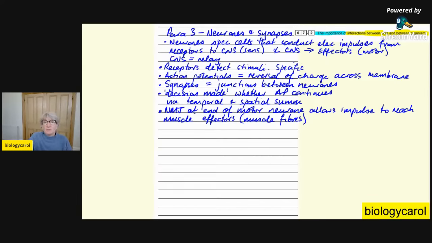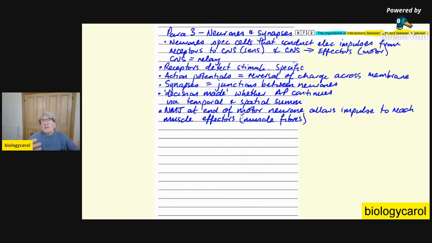Receptors detect stimuli. They are specific for each stimulus. And action potentials are how nerves conduct the electrical impulses down the neuron, and these are a reversal of charge across the membrane. Synapses are junctions between neurons, and this is where decisions are made about whether an action potential continues down the